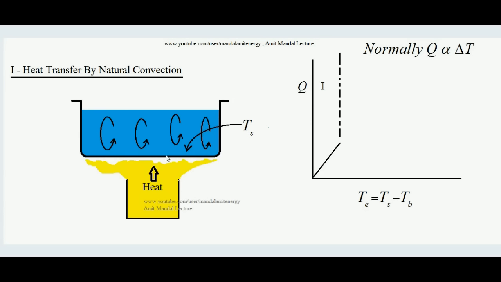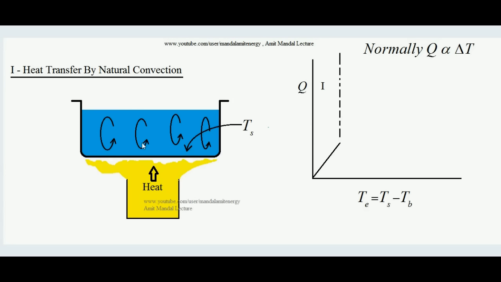So due to the density difference, this hot liquid will start rising up and cold liquid will start falling down. Such a convection current will start developing in this system. Same as we know how a hot air balloon rises up in air, because hot air's density is lower than cold air's density. This is the reason a hot air balloon rises up in air. Same thing, the liquid in immediate contact with this hot surface, its density decreases because of the rise in temperature.